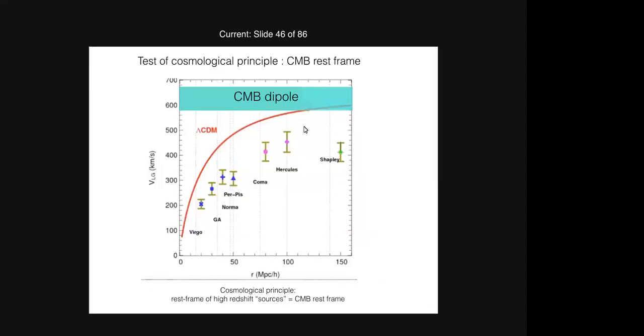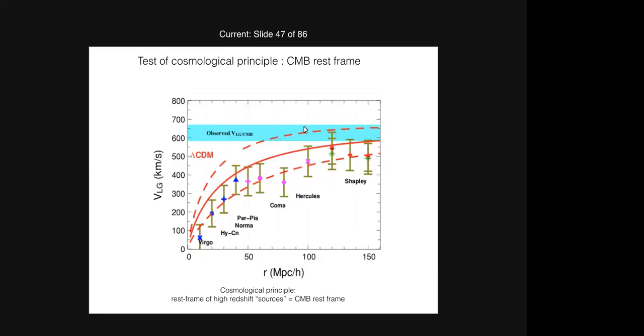And here you see that. This is the CMB dipole. This is where we want to reach. This is the prediction from lambda CDM. And this is what the data is saying after I pass them through optimal transport. And you see, it's not conclusive when I go here. The error bars are large, the data is not complete, and so it's not clear what happens. And these are the 2 sigma lines from lambda CDM. So within 1 to 2 sigma, the data maybe agree, maybe do not agree with lambda CDM.